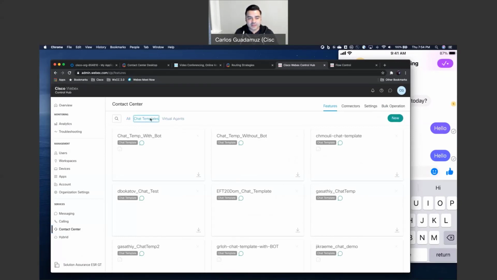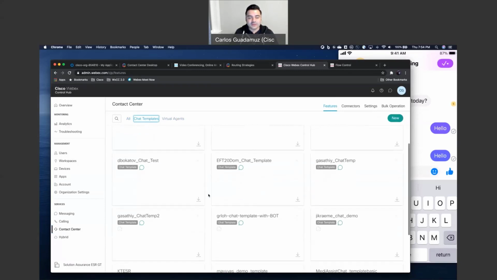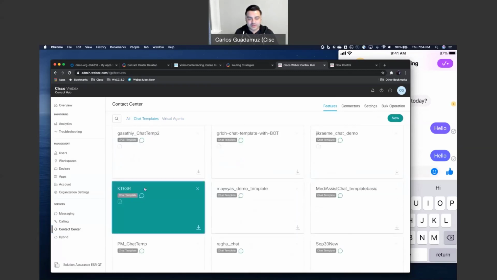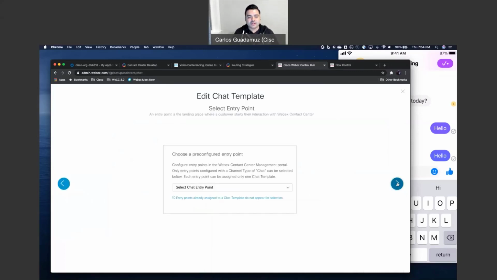If I just click Chat Templates, this pretty much opens the door to go ahead and use that wizard that I mentioned earlier when you first saw the chat, right? I get into that spiel before that paperclip appears. This is what I'm referring to, save me that time, right? So I'll come in here and I'll just walk through it. This is where you select an entry point. Obviously, this would need to be defined in advance, right? You don't define it here. You would define this